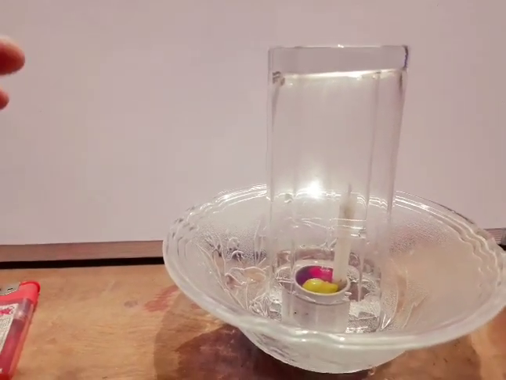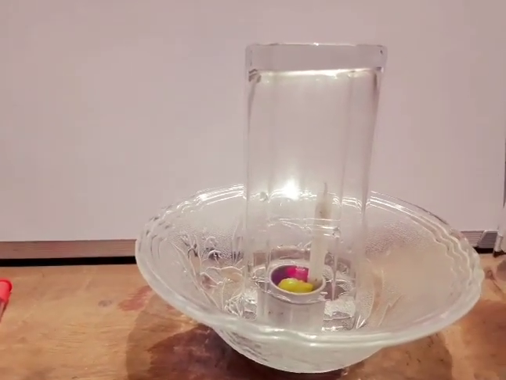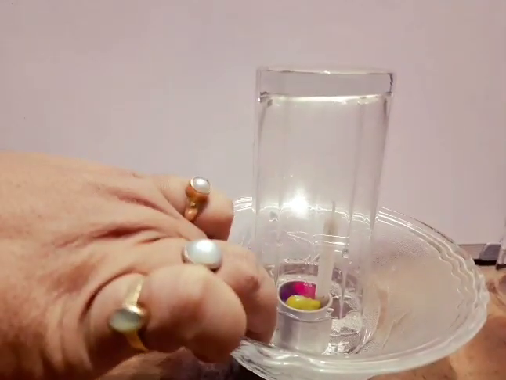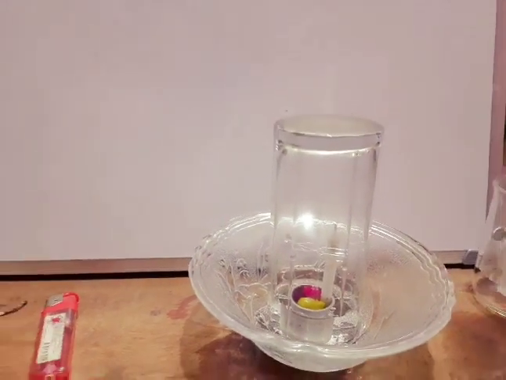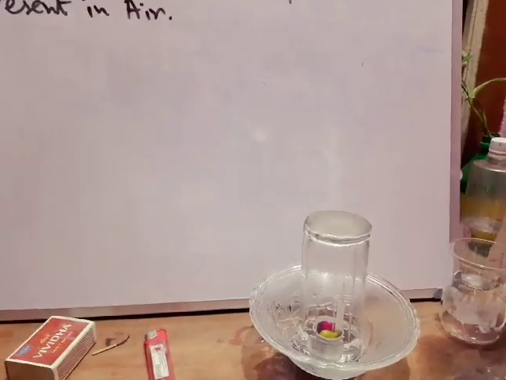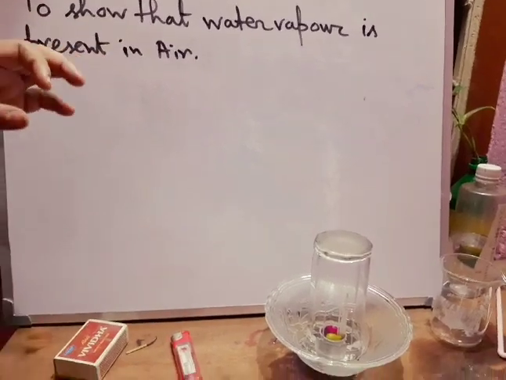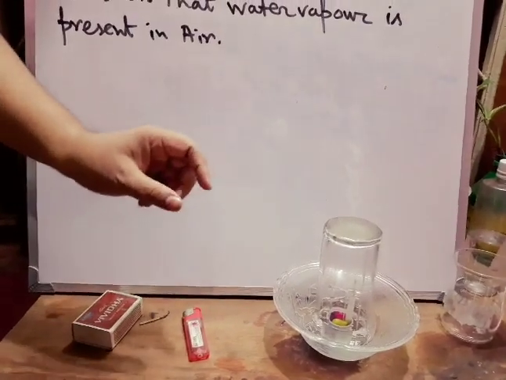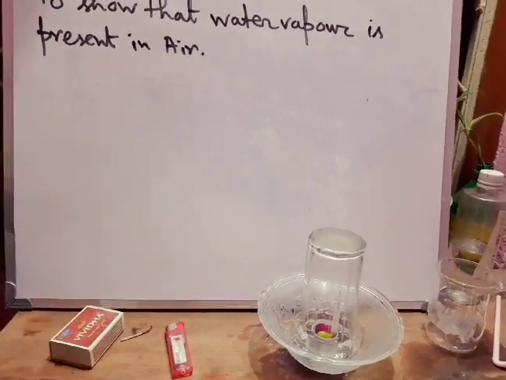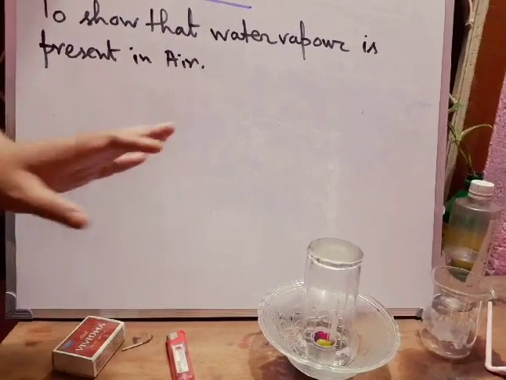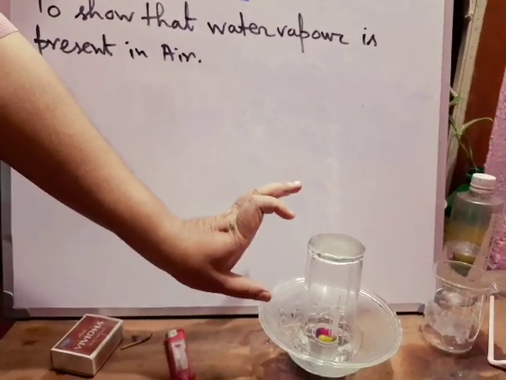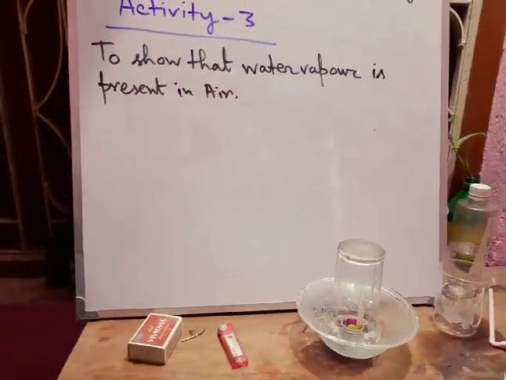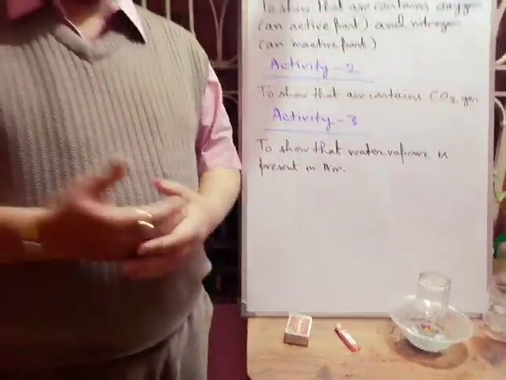The candle fire, that means the candle is extinguished, and the water level increases inside the glass, and here there is no water. So if you measure, definitely it will be the 1/5 part of the volume inside the glass occupied by water. The water level rises, and the other part remains the same as in air. This contains nitrogen.